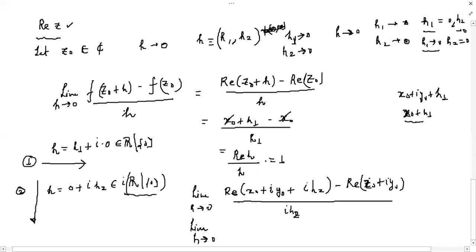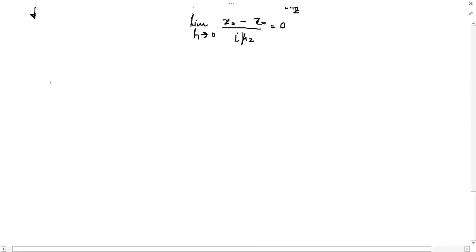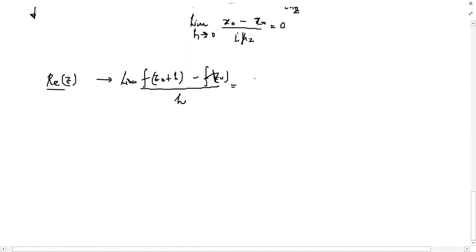Limit h tends to 0. This is x naught. Here you'll get x naught, and here also you'll get x naught only, divided by iota h2, and this is certainly 0. So clearly, if I am trying to find whether this is differentiable or non-differentiable, the limit of f of z naught plus h minus f of z naught divided by h, this turns out to be